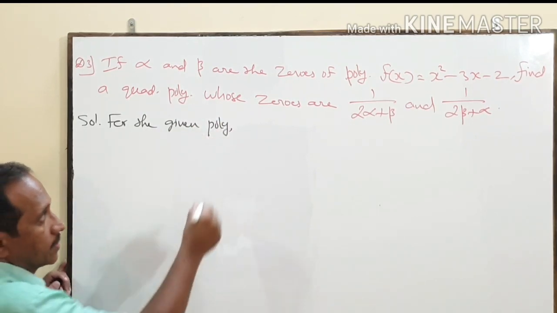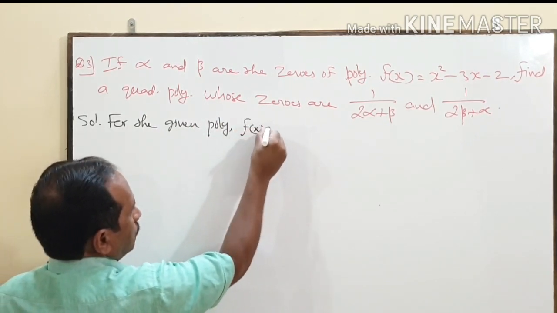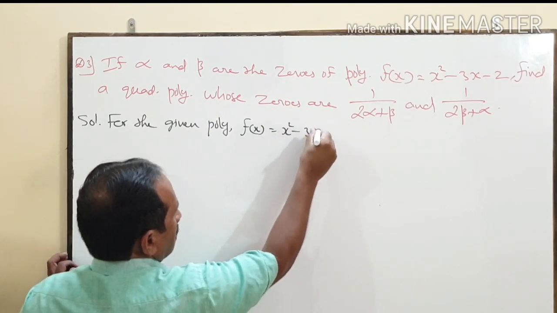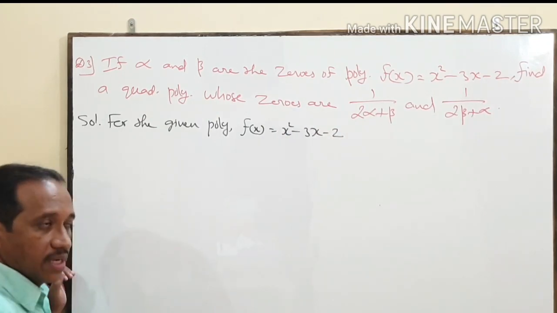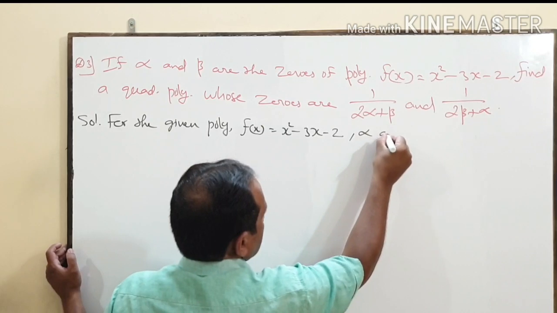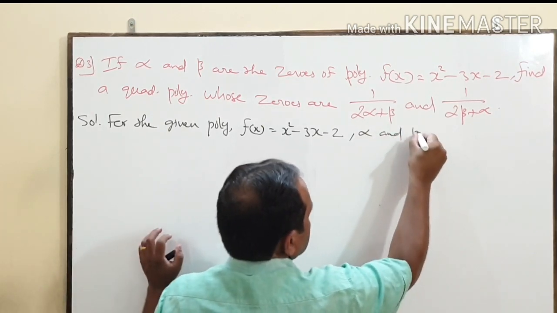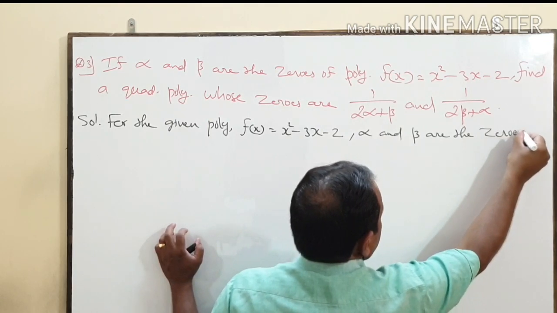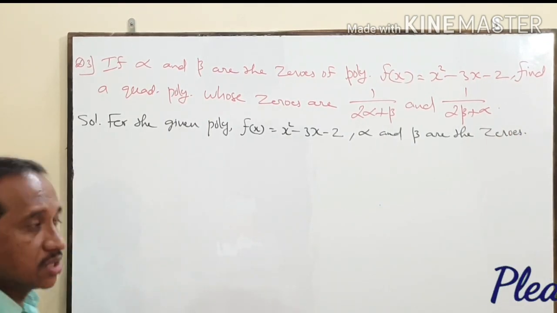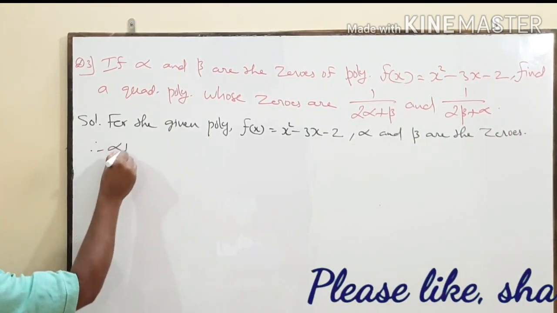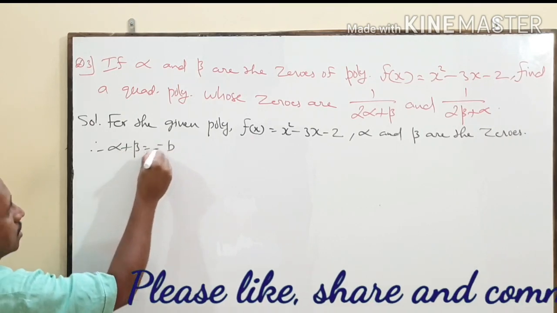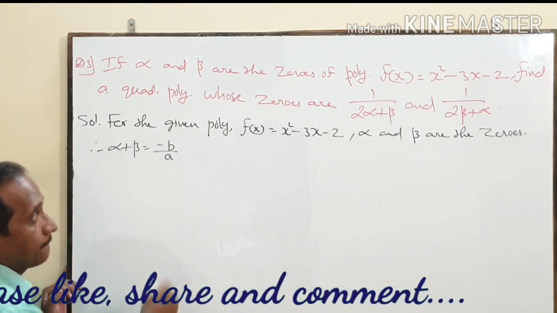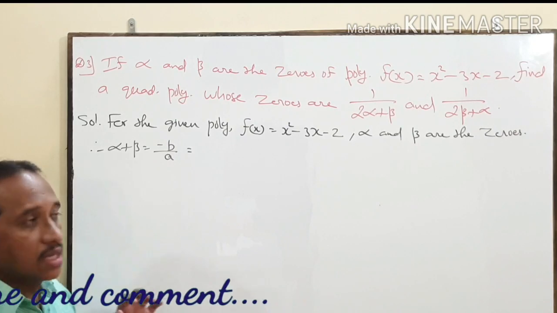For the given polynomial, f of x is equal to x square minus 3x minus 2, alpha and beta are the zeros. Therefore, alpha plus beta is equal to minus b by a, which is equal to,